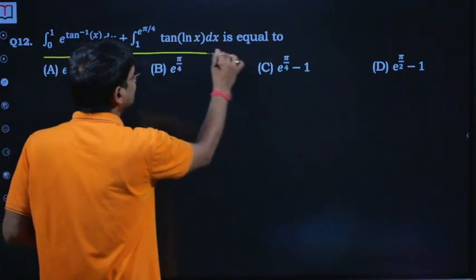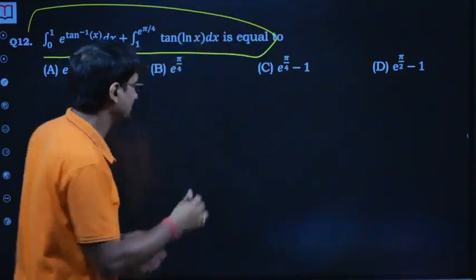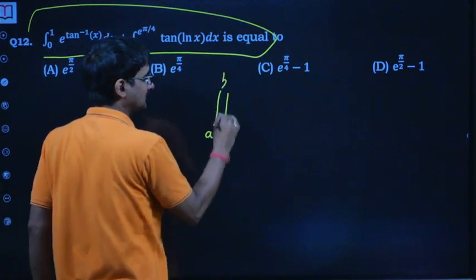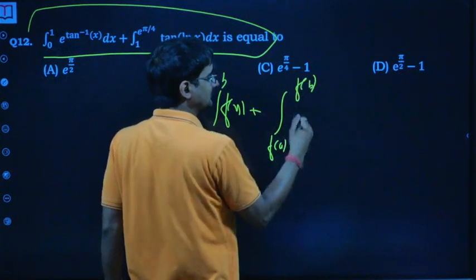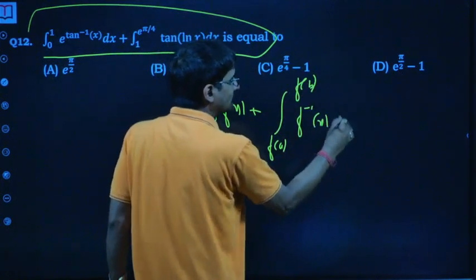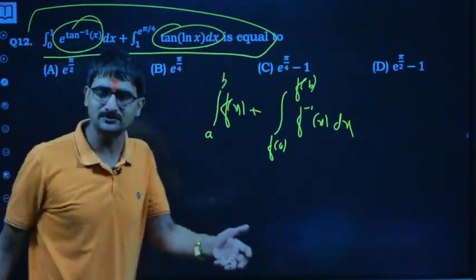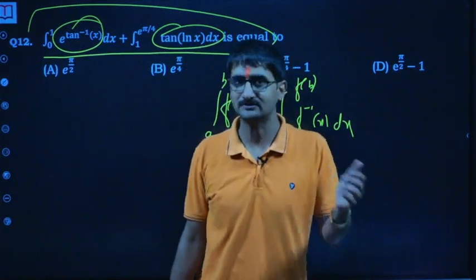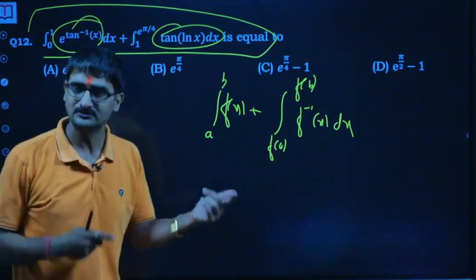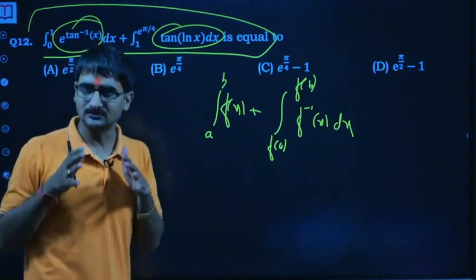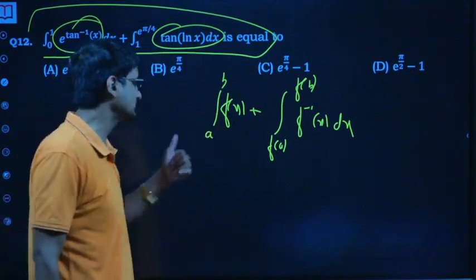Now that's again the same question. See, how can you use that property? See, again and again, I am just putting up such type of question. The reason is you shouldn't miss it. Only thing is you should be able to connect that these are inverse of each other. Look at tan inverse x on one side, tan on the other side. Look at e on one side, its inverse is ln on the other side. So that should give you an idea that we are heading towards this property f of x and f inverse of x, and hence you can use it.